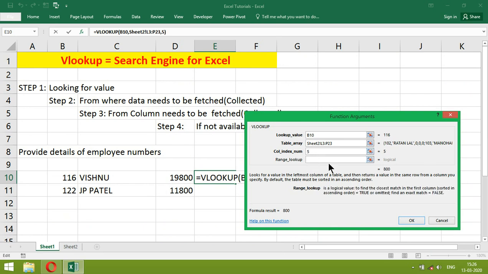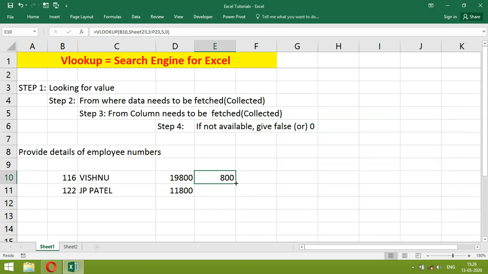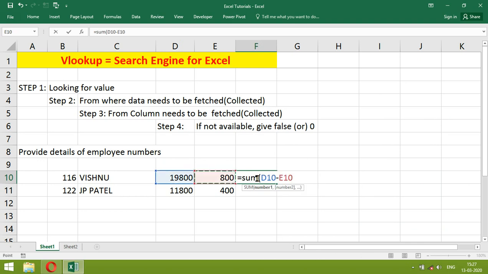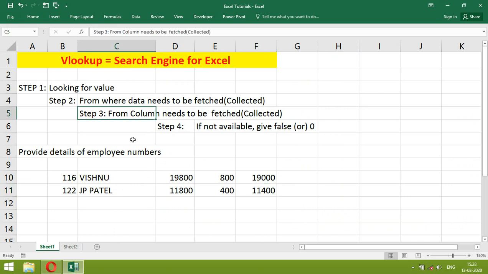If not available, give 0. Write the formula, minus. Basically, first it searches the value in step 1. Then it searches the value within the selection range. Third is from which column to fetch data. Fourth step, if it is not available, then it will not give a result.